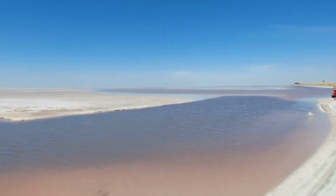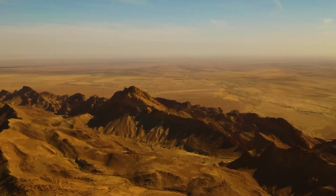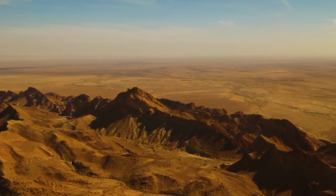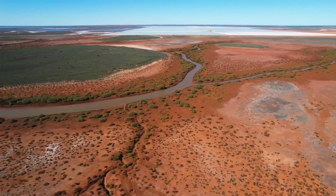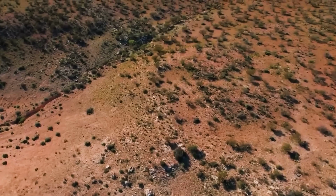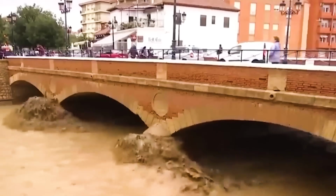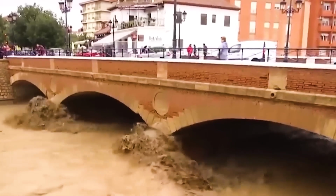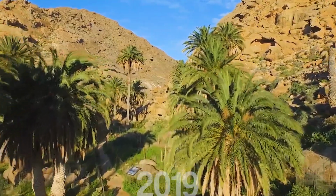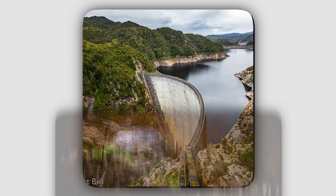Parts of Chott el Jerid already lie below sea level, a natural basin waiting to be filled. But from the start, the desert fought back. Evaporation claimed up to 80% of the water each year. Bradfield also overestimated the river's capacity, and the salt, just like Tunisia, flooding ancient mineral-rich soil could create toxic swamps instead of green farmland. In 2019, the idea returned as the modified Bradfield scheme, with dams, tunnels, and canals to